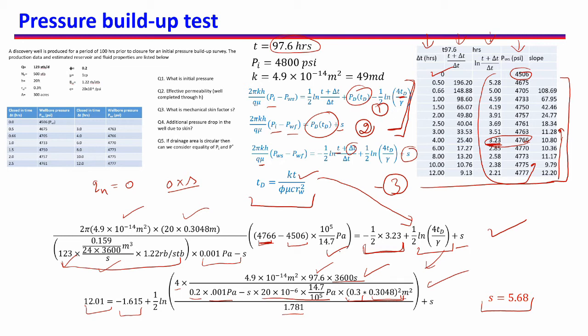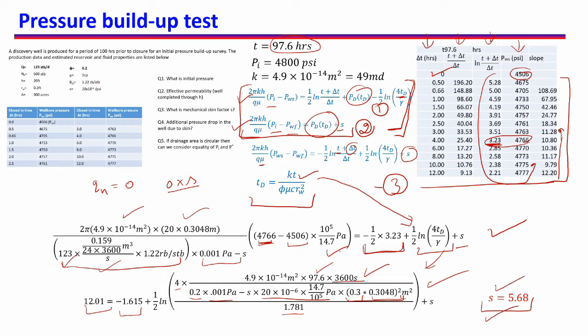So if you are familiar with SI units and you are given data in SI units from your field, then you will be easily able to use these equations without remembering anything. What is the skin factor? Here you see an interesting way in which we have used the build-up equation and the pseudo steady state or transient state equation, which is combined in this form. So I find it very interesting how we can use these two to find skin factor using just build-up test.